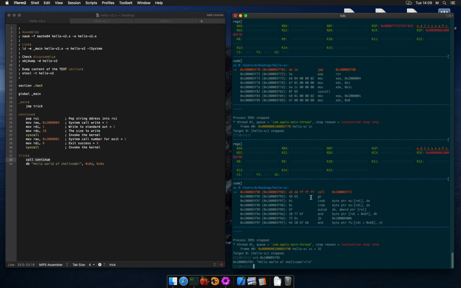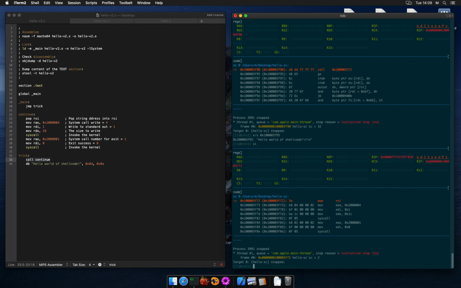Another thing, let's check what we'll have on the stack after we execute this call. Keep this address in mind, ending in 3F95. This time we'll do step instead of next instruction to enter the call. Here we have the pop instruction, which will get the value from the top of the stack into RSI.